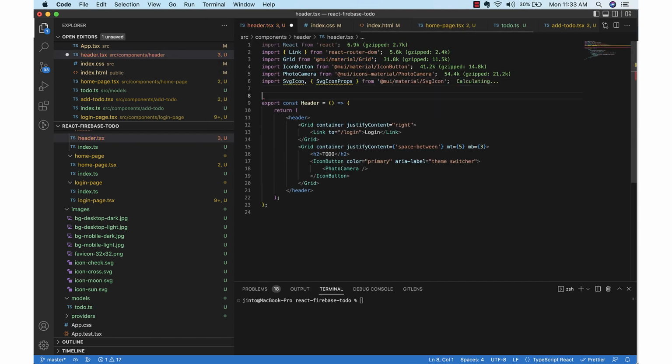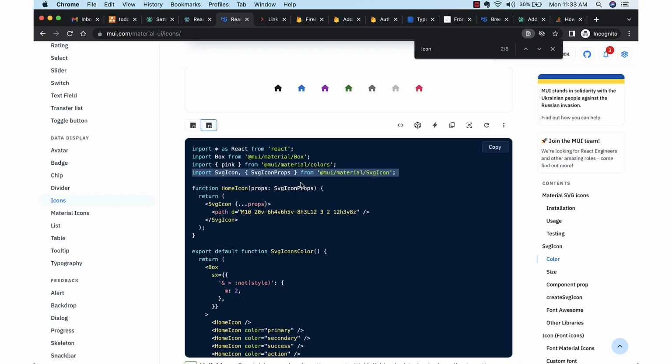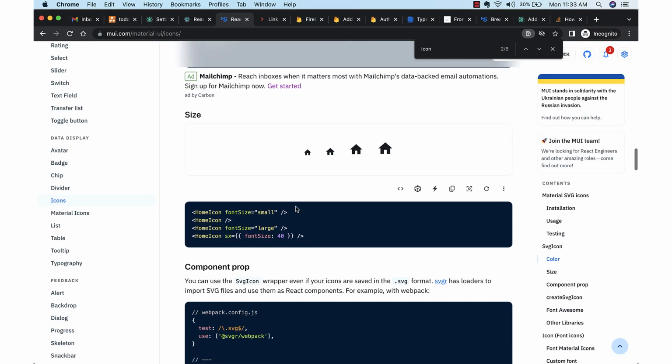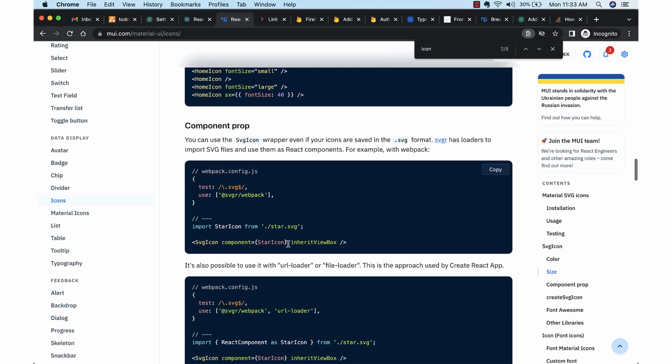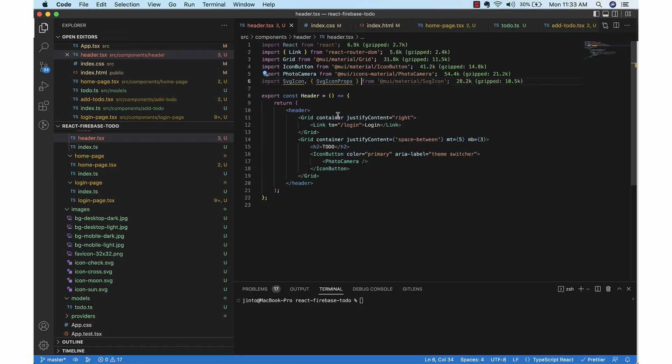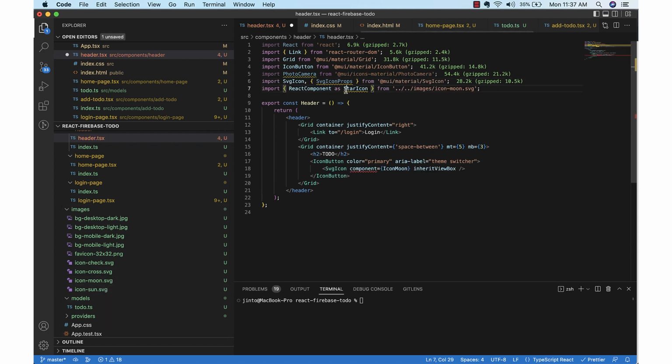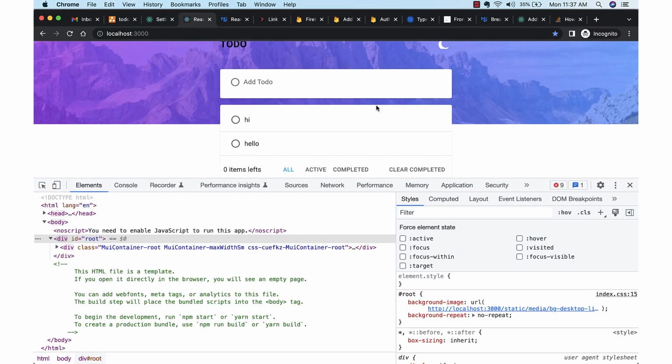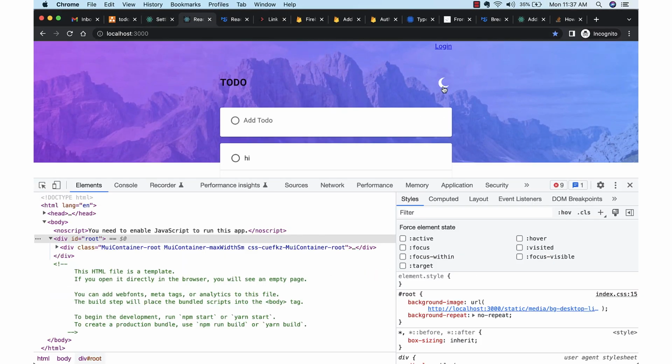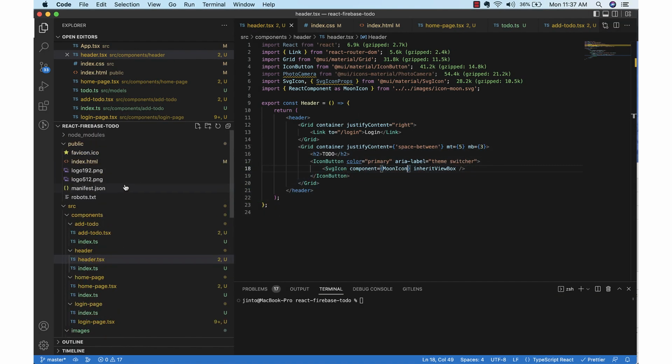So we'll first import the SVG icon, and we'll add the SVG icon component, and we have to pass component equal to whatever is the icon. We'll have to import React component as, and then whatever is the icon name we can give. Now the icon is showing, but the bottom is a little bit gone,